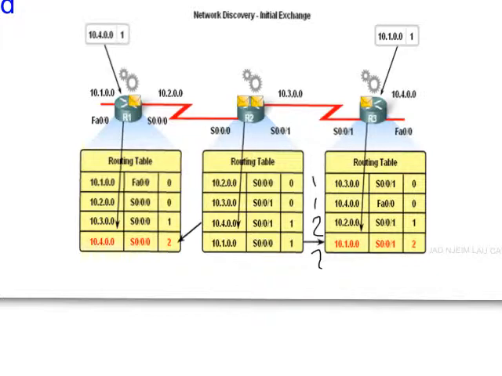If R2 now sends an update, R1 sends an update, R3 sends an update, you will never have any new information. Which means that these routing tables will remain like this until some topology change happens. It's not like they will stay like this forever. Of course, the network topology may change. Any question so far? So that's a state of convergence.